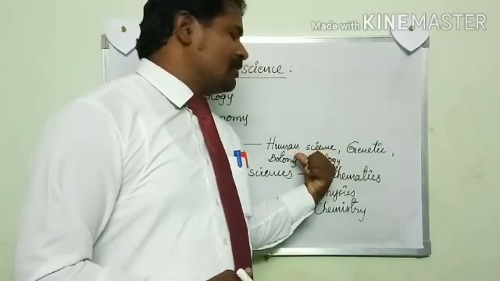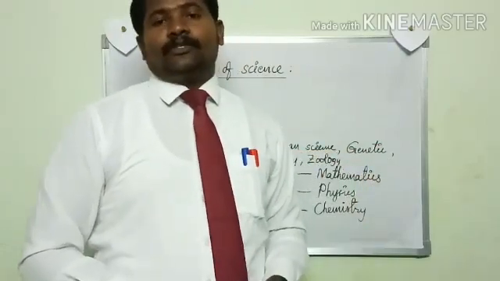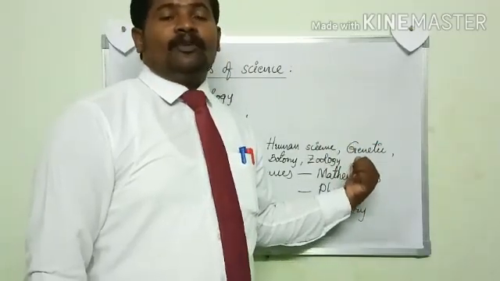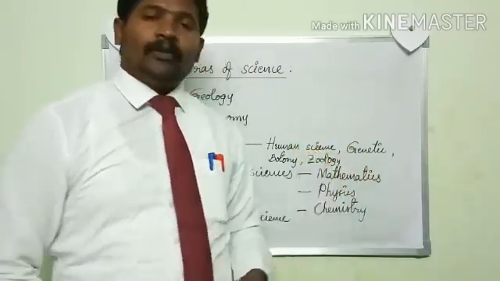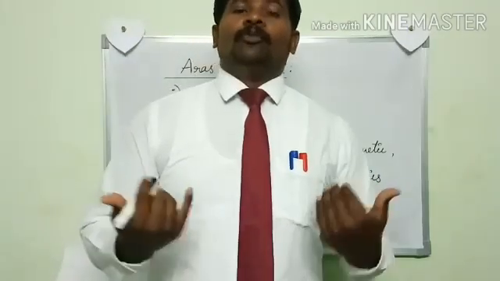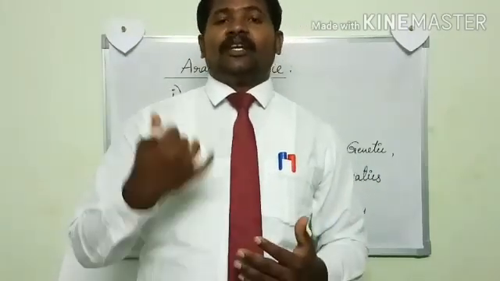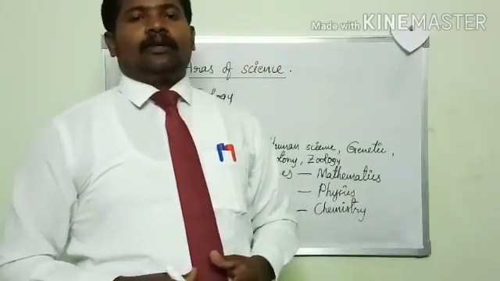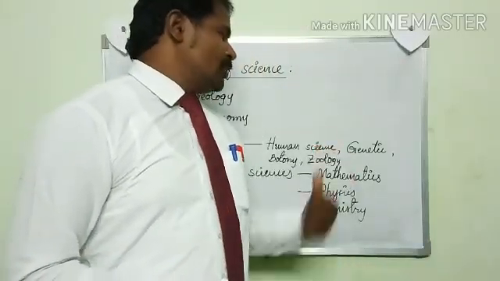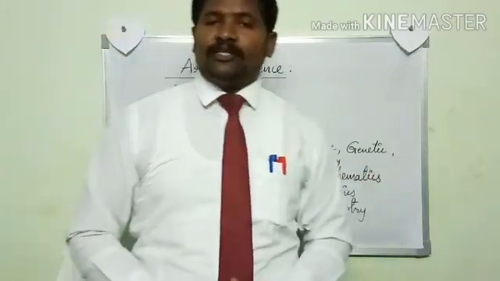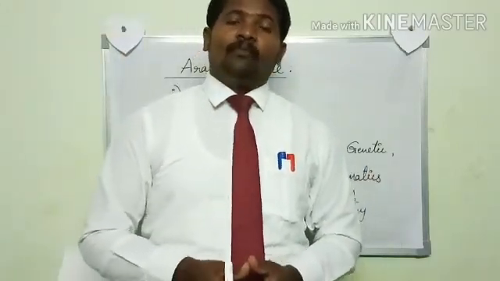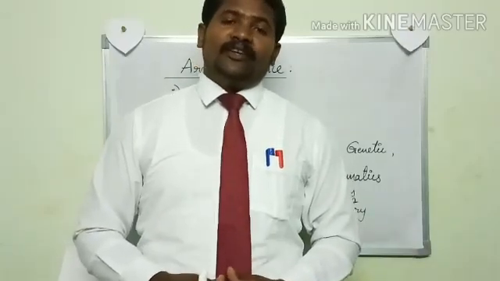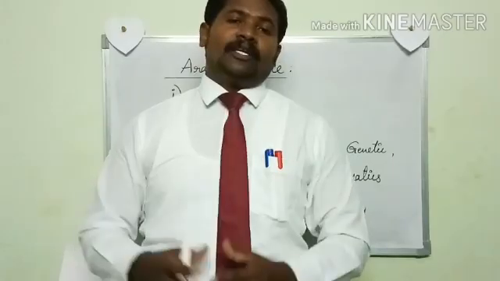Under this biological or life sciences, you will study these types of sciences. Human science, you can know about human existence and each and every organ system and its working. Everything we can come to know from this human science. Next, genetic science. It is very, very important. Nowadays, people are using this genetic science much for producing